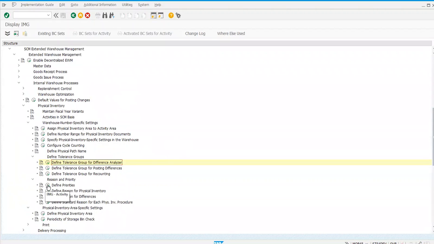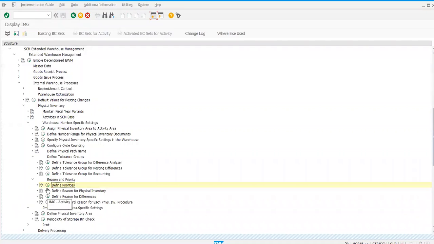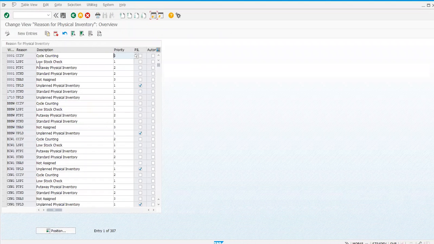Now we have seen the usage of priority. Based on the priority, in the difference analyzer, the system will fetch the relevant document. There are 1 to 9 possible values you can have over here. You can define a reason